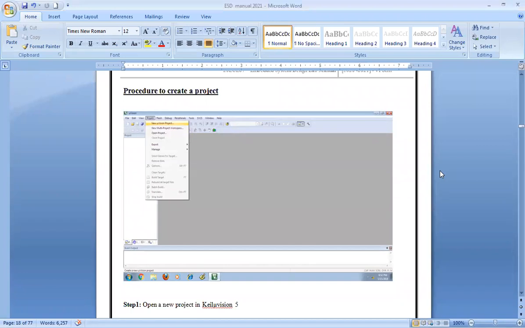So the first thing is creating a project. A project can have different files in it, and these files can be different programs. For example, Embedded Lab can be a project, and in that project you can add new files. The first one will be addition, and the second one will be something like LCM. So we'll be creating a project. How do you do it? You click on Project and New uVision Project.